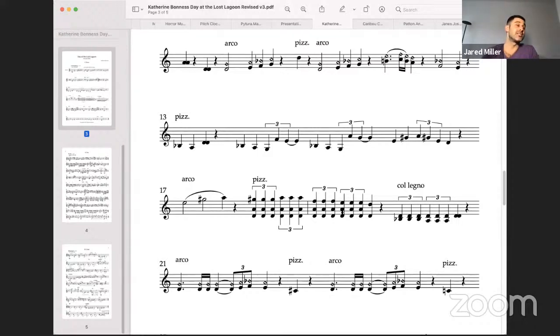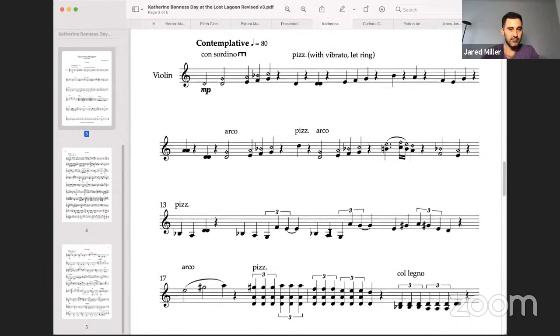Now, you don't want so much rubato that the rhythmic structure is lost, because if you spend all this time figuring out a rhythmic structure and it doesn't end up being conveyed because they're taking too much freedom with it, then that can be a problem. But finding a balance between those two things would be very helpful for you.